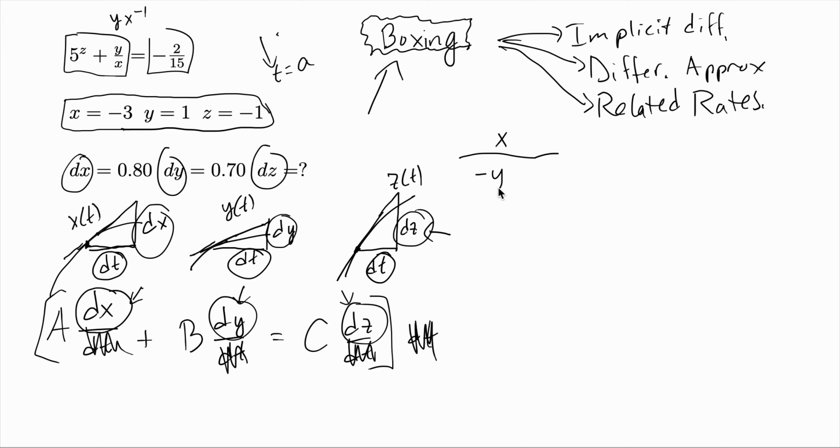So negative y x to the negative 2, but at the end of a boxing situation, you multiply by the derivative of the box with respect to what you're taking the derivative to, t, so dx dt. Now keep in mind, I'll just box this right here. Oh, that's an x, sorry. I don't know why that came out. Okay, so this is